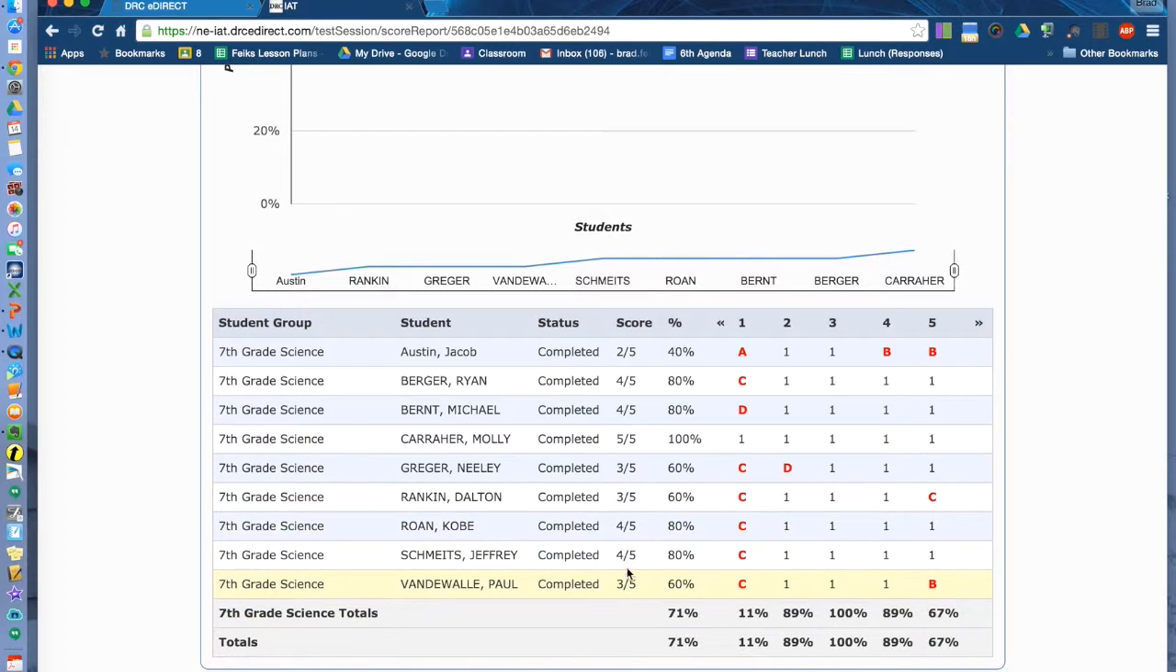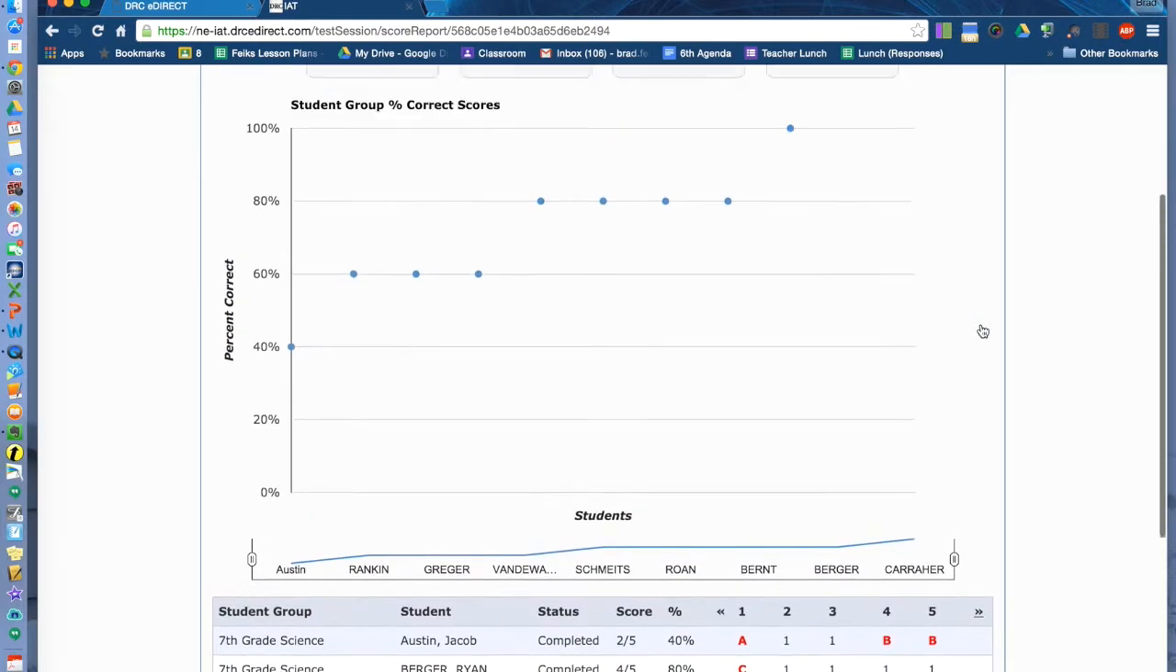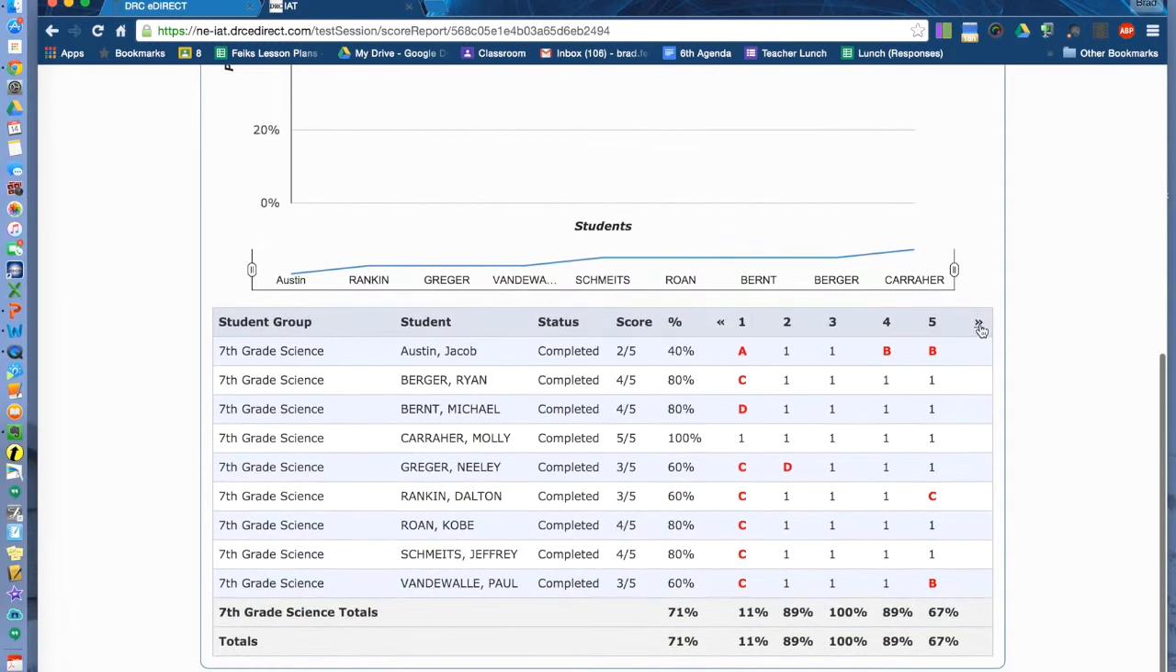It shows you the percentage here, and then it shows you how many you got right over how many total. What I really like about it is it gives you the totals at the bottom. My 71%. The students got an 11% on this one. 89% of my students got number 2 right, and so forth. That's really neat. If you do a longer test, this little button right here will help extend it so you can see. Now, I'm not super happy with this because I don't remember what